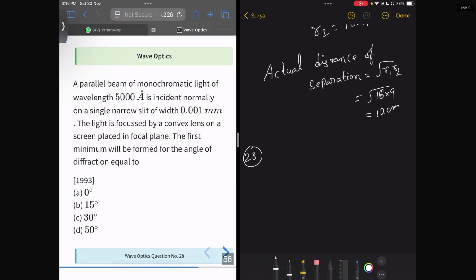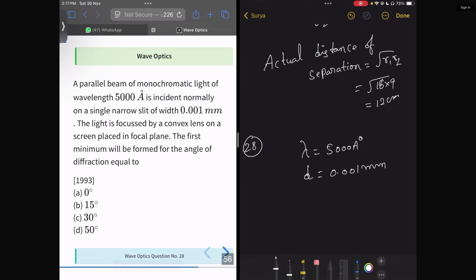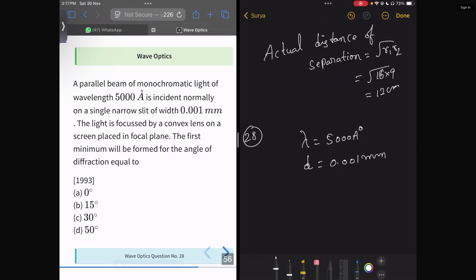A parallel beam of monochromatic light of wavelength 5000 angstroms is incident on a single narrow slit of width d equal to 0.001 mm. The light is focused by a convex lens, with the screen placed in the focal plane. The first minimum will be formed at what angle of diffraction? So for the angle of diffraction of the first minimum,